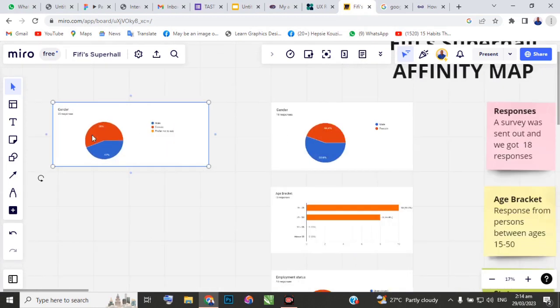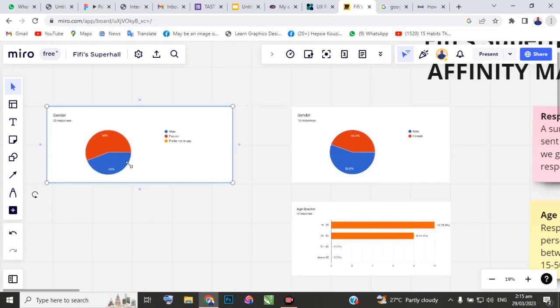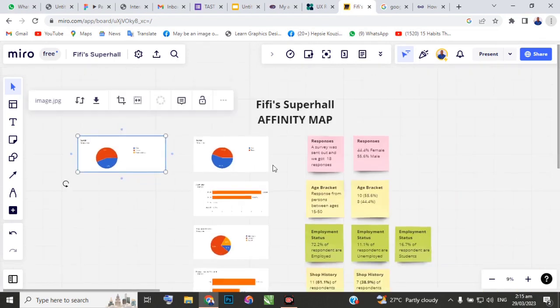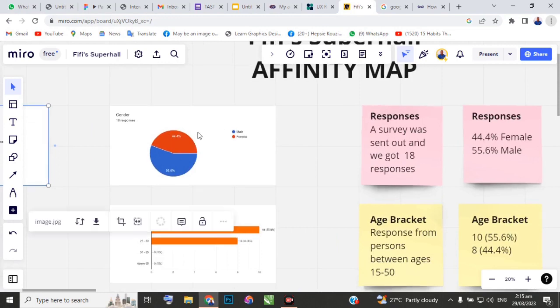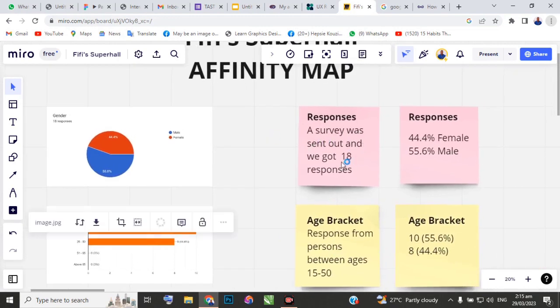So this is for the Tasty Crib. That's the food app. So you can choose to increase this stuff to make it bigger. So what am I doing here? I'm just analyzing the data. I said responses. A survey was sent out. We got 18 responses. That's for the e-commerce app. So out of the responses,